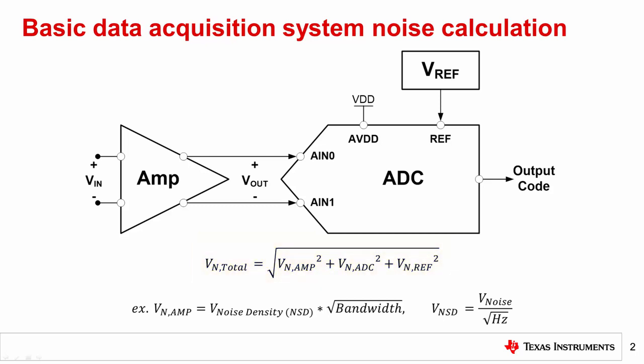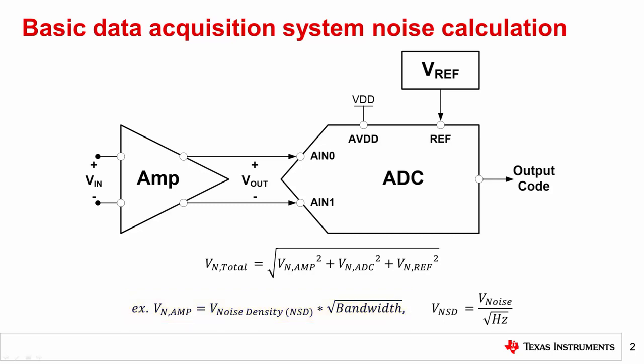But how do you calculate the amount of noise each component contributes? Can you just read noise values directly from each component's datasheet? Unfortunately, this is not always possible. Sometimes noise is given over a specific frequency range, such as 0.1 to 10 Hz, which may not cover your system's requirements. Or as shown in the amplifier noise equation at the bottom of the screen, noise can be specified as a spectral density instead of an RMS or peak-to-peak value.